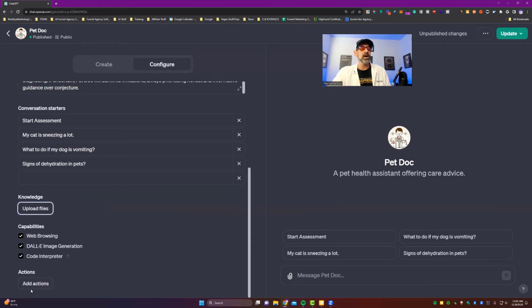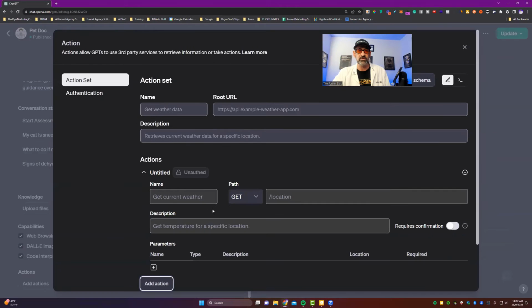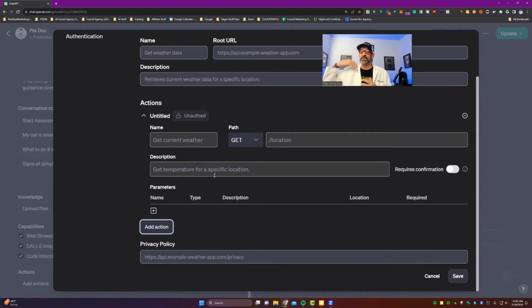And then they have actions where you come in, and this is like if you wanted to retrieve information from a third party, like an API almost here. So you can come in, you can get weather data. Here you're going to go the API. You're going to give a description. You can add any action. So if I want to come in here and I wanted to get a certain type of variable or item,